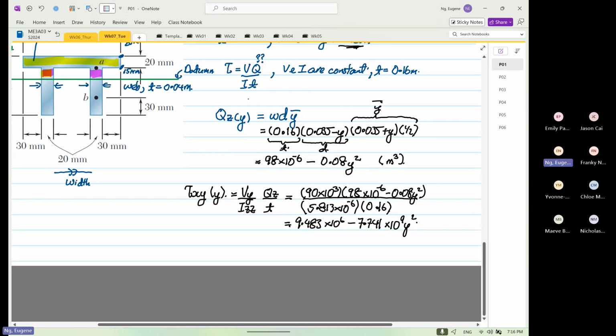So now, the question that we tend to ask ourselves is, how do we know that this equation is correct or wrong? Right? How do we know? Anyone? How